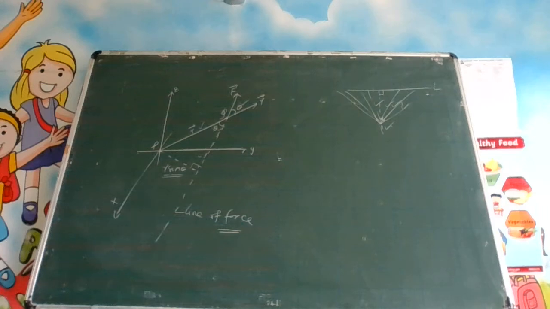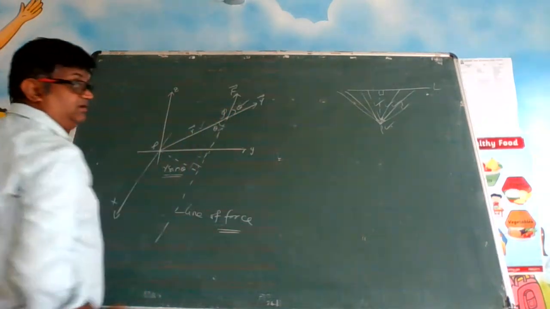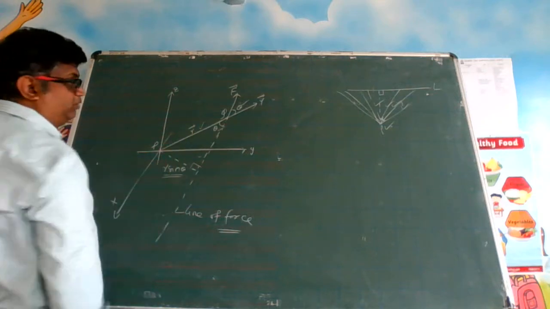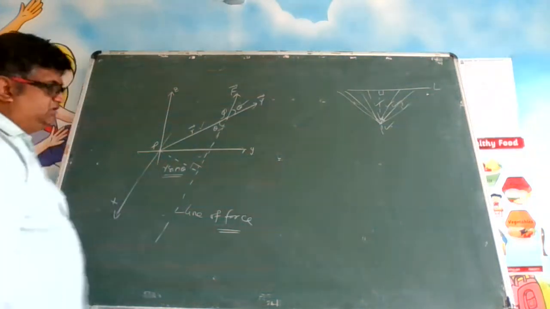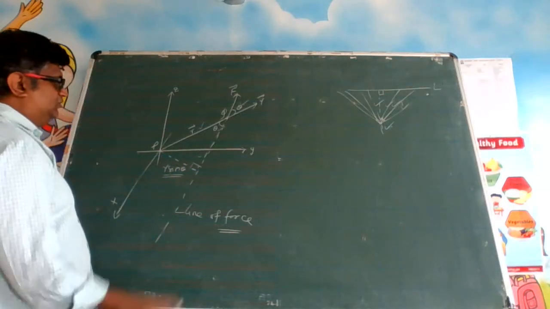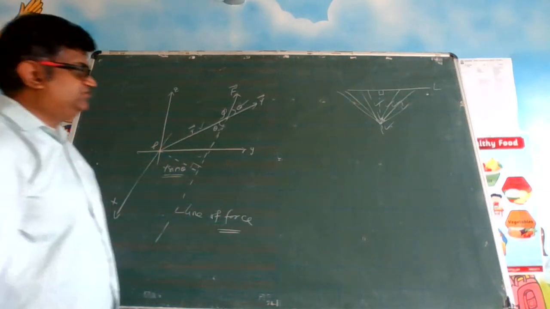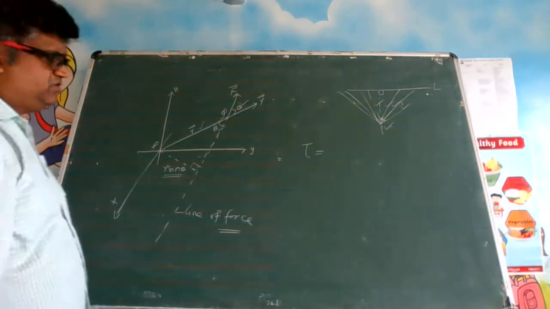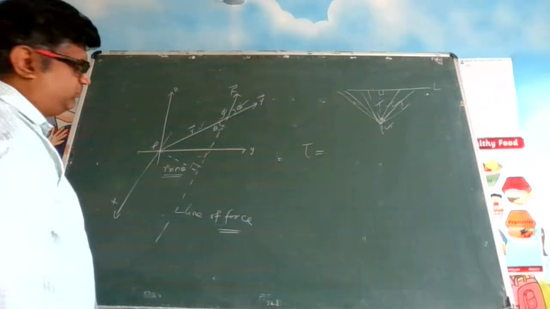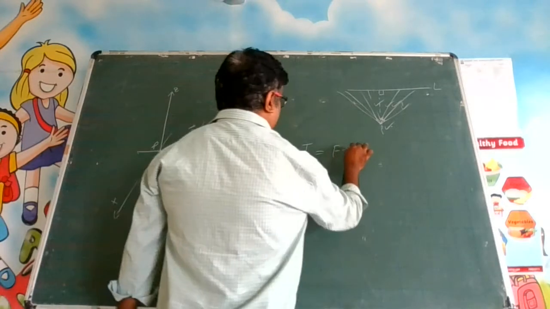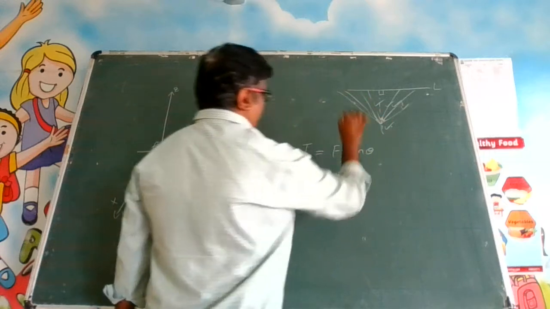What will this be? This will be R sin theta. This becomes the hypotenuse, this becomes the opposite side. Opposite by hypotenuse will be sin theta. Simple trigonometry. So this is R sin theta. How have we defined this? We have defined torque as, for calculation purposes, you can assume it's a moment of a force only: the force multiplied by the distance. So it is F R sin theta.